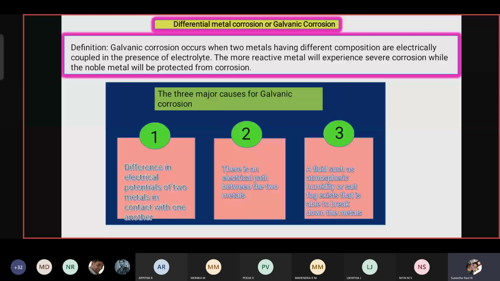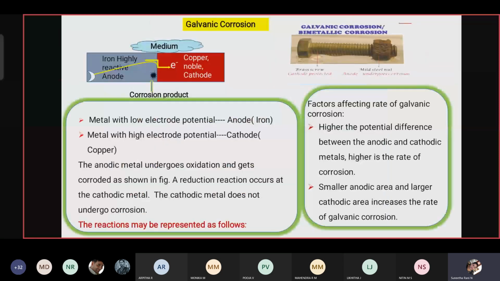The causes mean the main different causes: a metal at a low electrode potential undergoes oxidation, and a metal with a high reduction potential undergoes reduction. So here the reaction may be represented as one being the liberation of OH minus ions, and the other being the liberation of metal, which gives M^n+ plus n electrons. So these are the two different reactions that take place at anode and cathode.